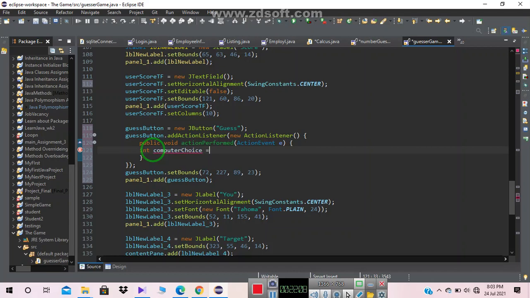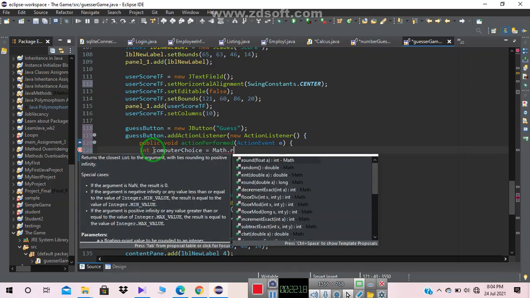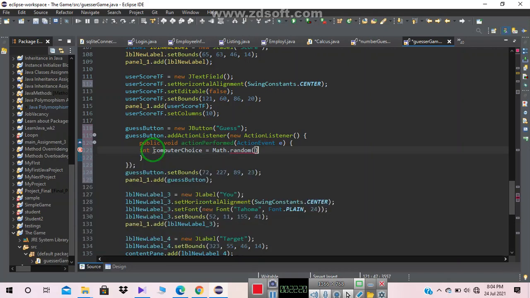to be equal to. Then let's say, okay, so now we want a random number, right? So in Java, this is what you do, Math.random. Just select this one, Math.random. Now you want the number to be between 1 and 9. So this is what we're going to do. We're going to multiply this one by 10,